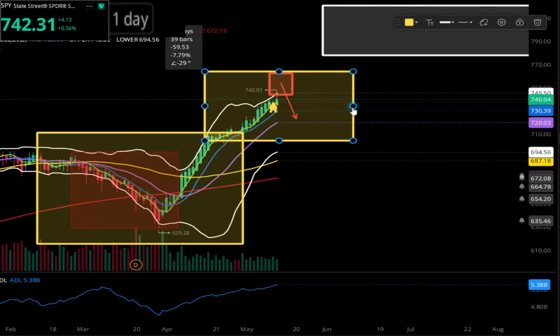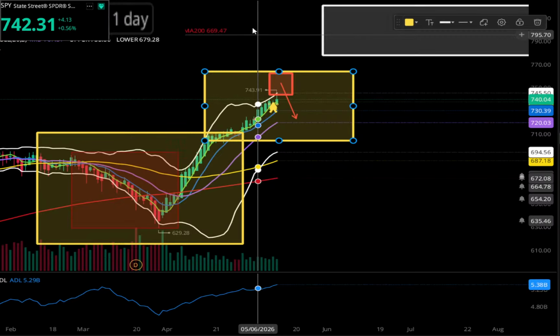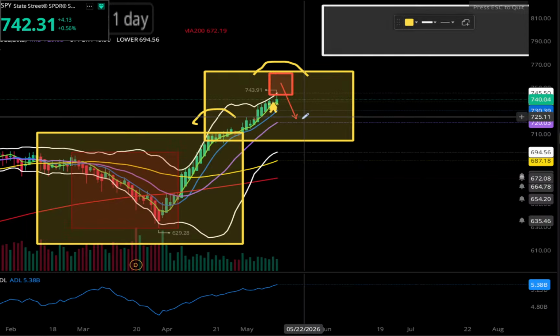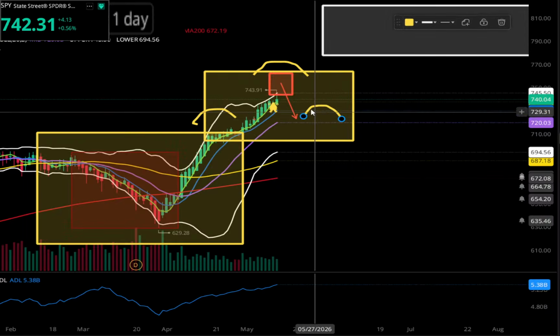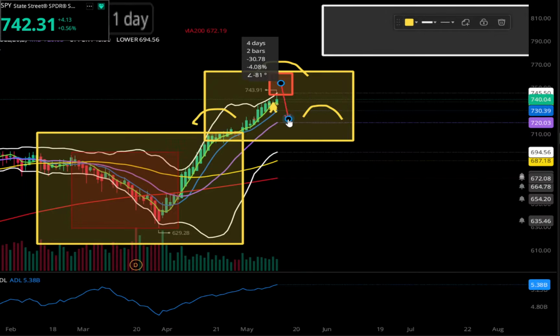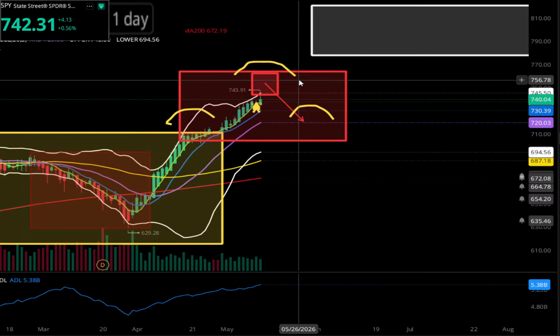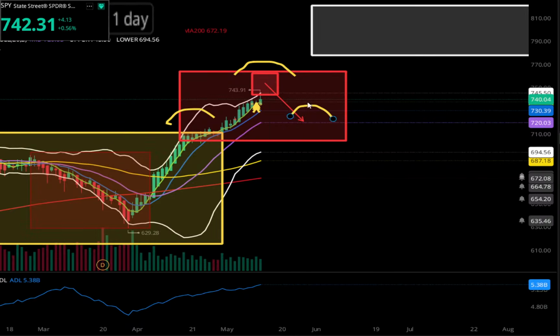Okay, if we get the upper Bollinger move like we expect, that becomes the head. We do have the liquidity here for a right shoulder. And what do we see? The 20 MA is right where we would see that left shoulder building at. So, is this starting to allude to a kind of top to the market? Potentially. We're not there yet, but this is very potentially starting to form that market top, where we